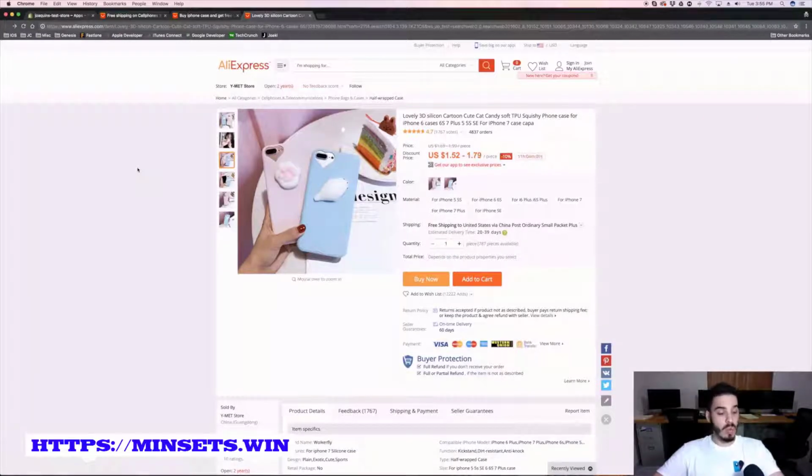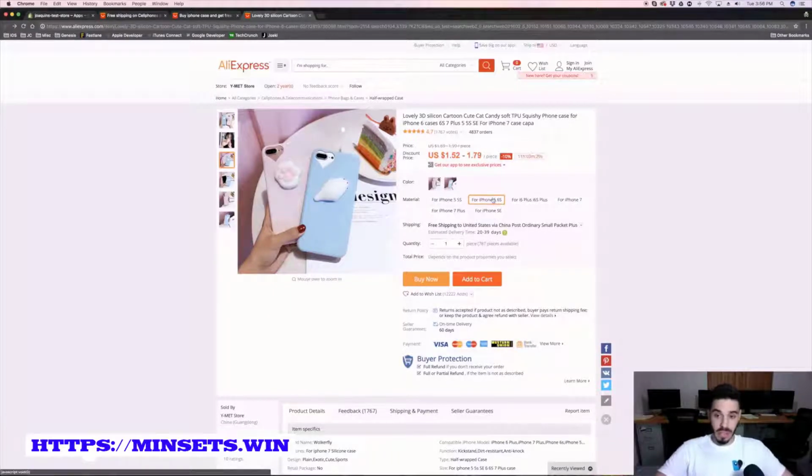You're not only selling to customers products from someone who is reputable and who has a decent number of orders on the item, which means the item is a good one to sell. The votes are very positive, but you also have the ability to let your audience, your customers, choose what type of phone they want to buy this for. And this is absolutely key, because like we saw in the previous item we found, it was a perfect item. It was sold by someone who was reputable, but they did not have